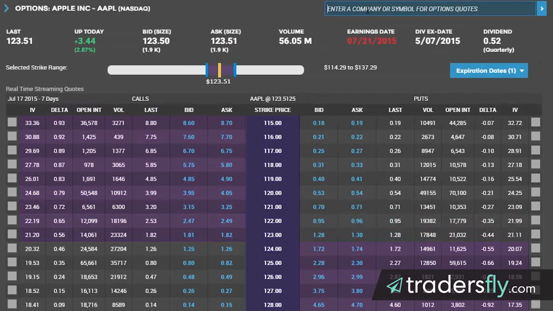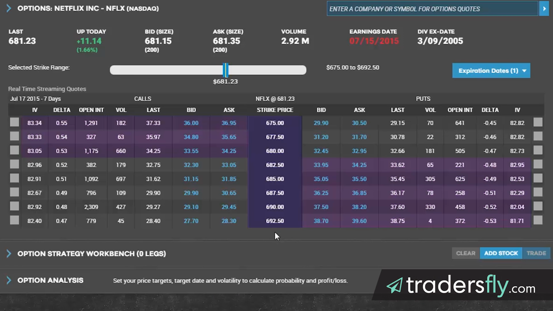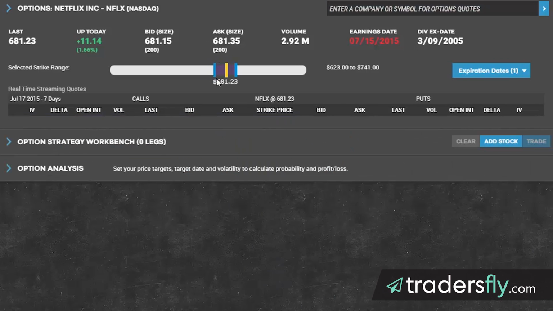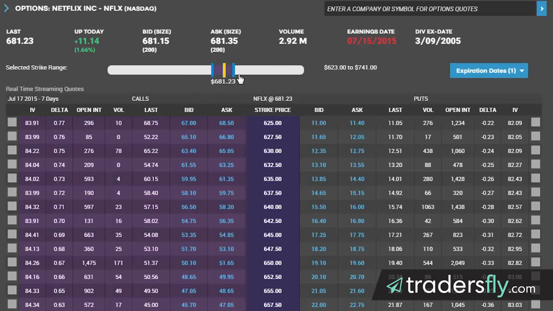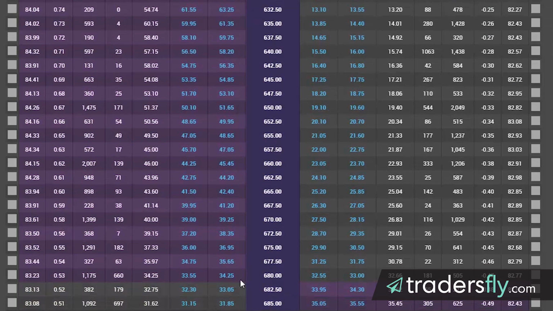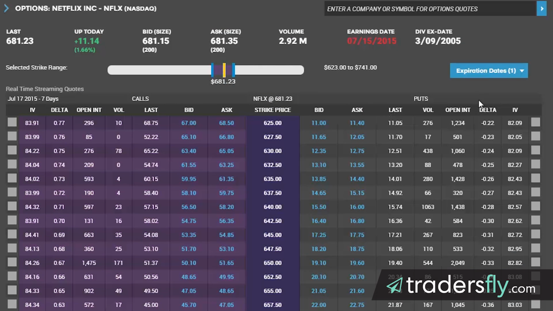If you want to change the stock symbol, you can go ahead and type in a different stock symbol, and then the options will populate. But unfortunately, if you want wider spreads, you do have to use that little range bar. Now, if you want to see more dates than just this month's, you can go ahead and